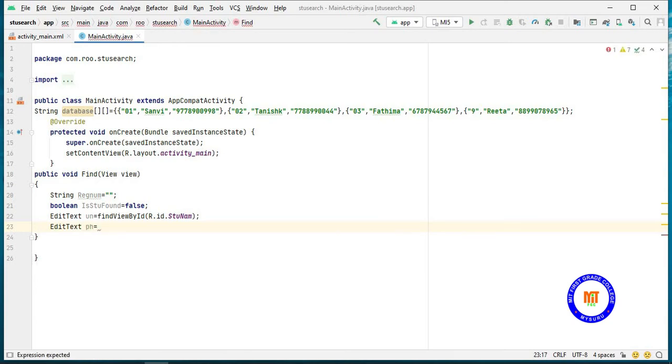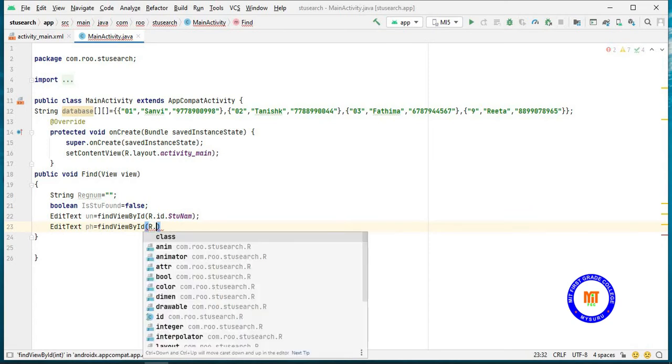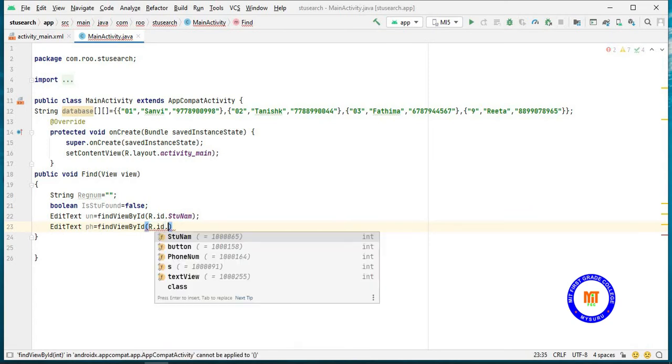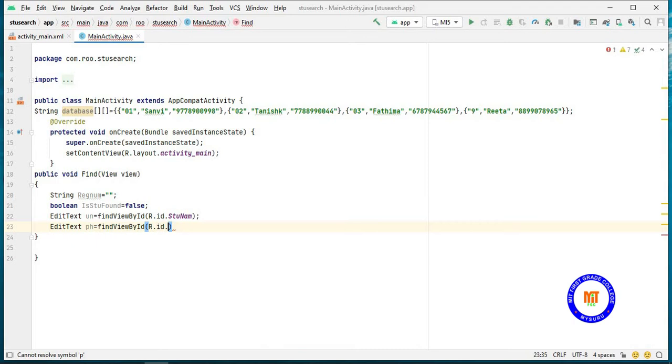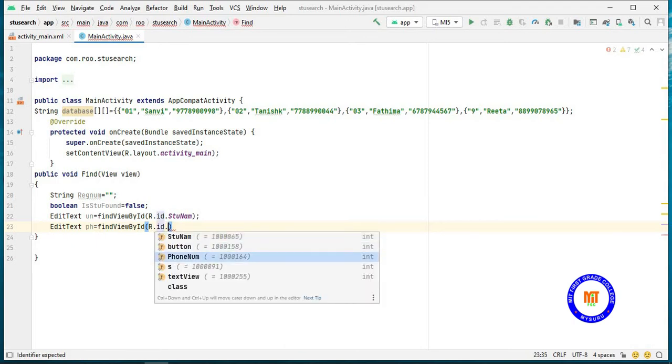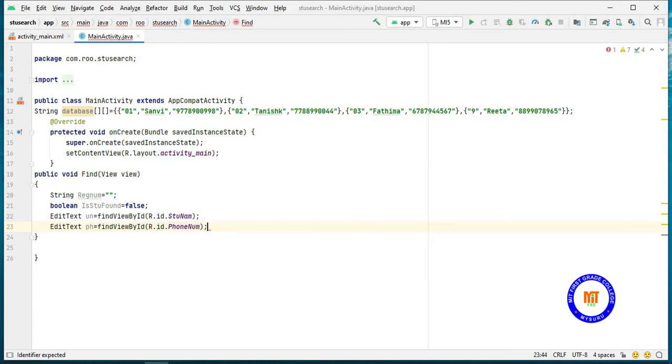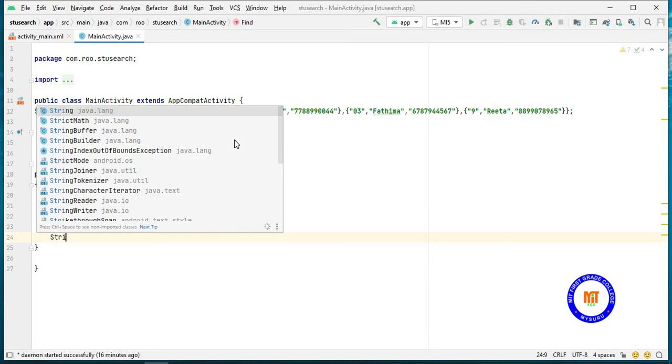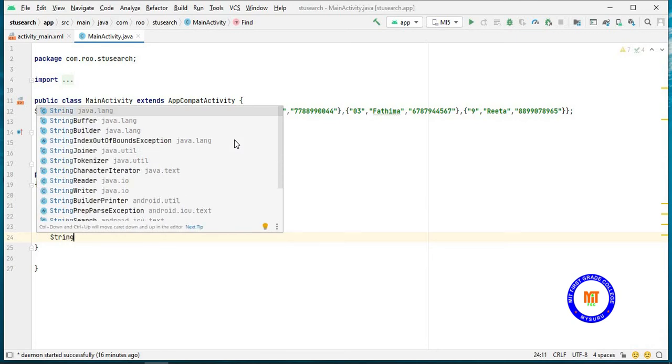For phone number I am taking as ph. findViewById, R.id., so this is for phone number. I have given as phone number id. Then I am converting that to the string and keep it in string data type, and keeping that in the string variable.